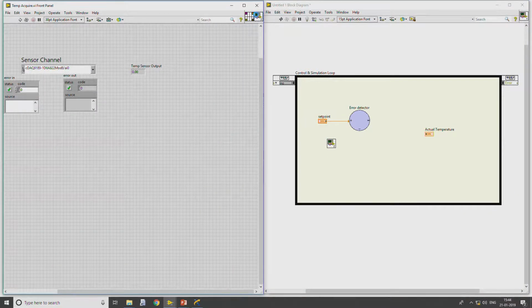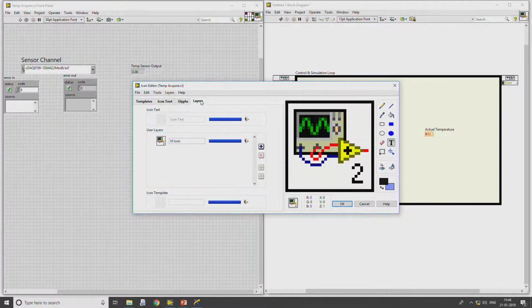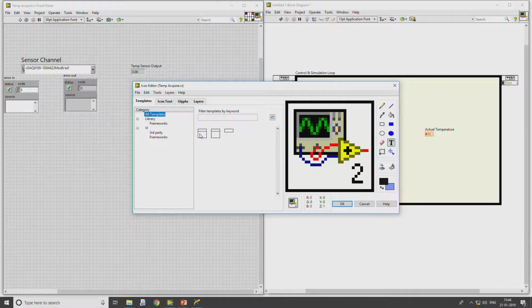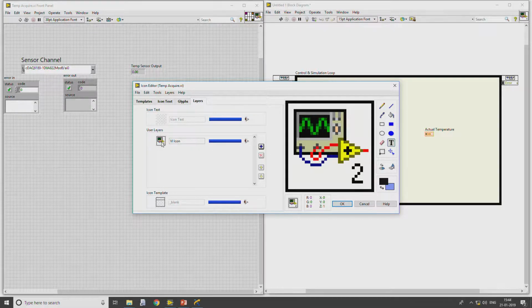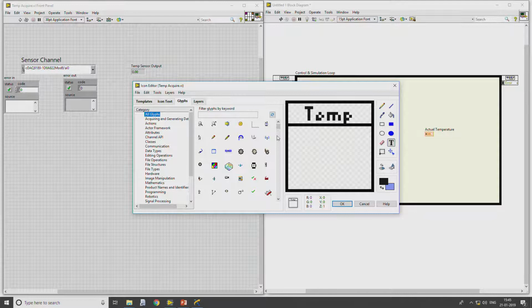Just for our sake of interest, we can also edit the icons as well. So, I will replace this with this one. Let me delete this part. This particular block I will replace with Temperature Sensing, whereas this one is AI. Since it is a temperature sensing value, using some graphics we can also indicate the functionality of this block.